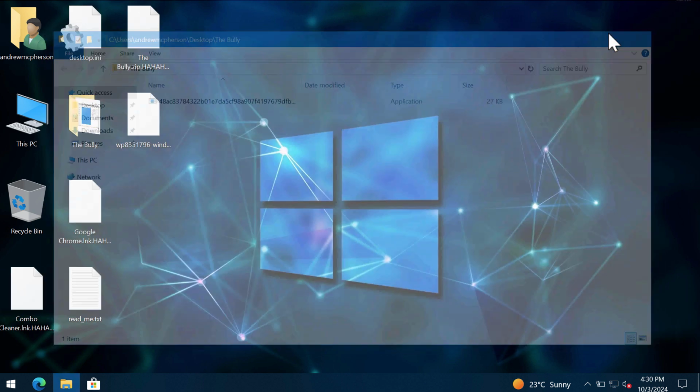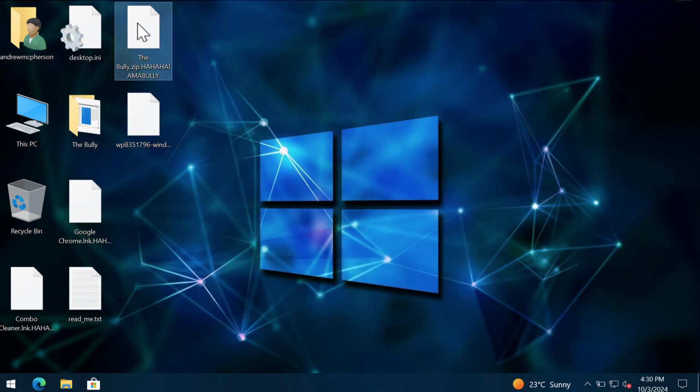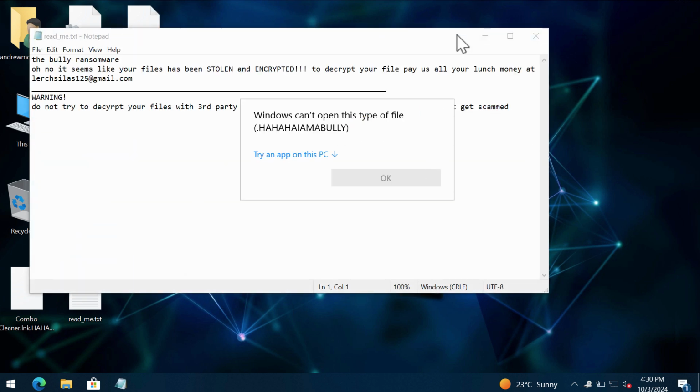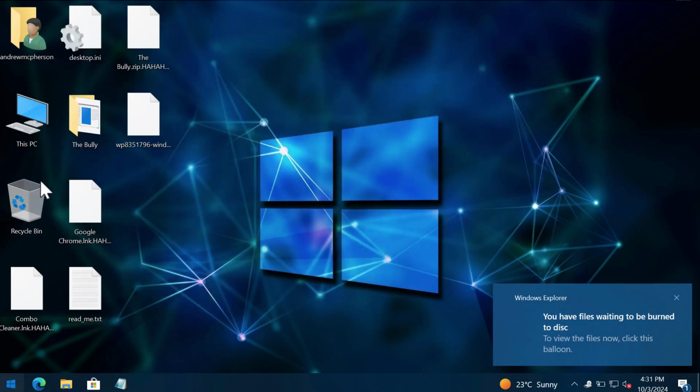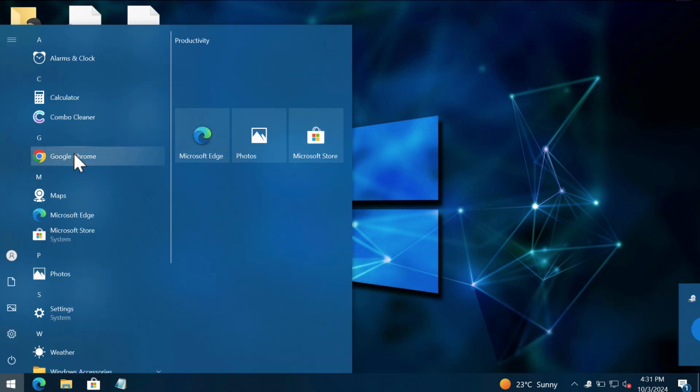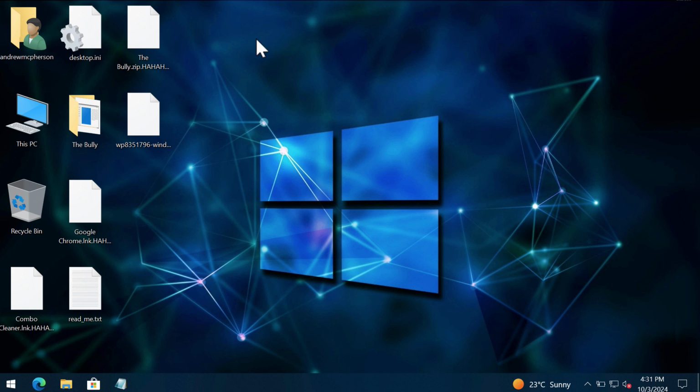So these are the consequences of the ransomware's attack. The ransomware actually appends this weird extension called HAHAHAIAMABULLY. It also reveals the ransom note, as I said, but you should not pay the ransom and you should not waste your money. I recommend you to remove this ransomware with the help of reliable anti-ransomware software, which is called